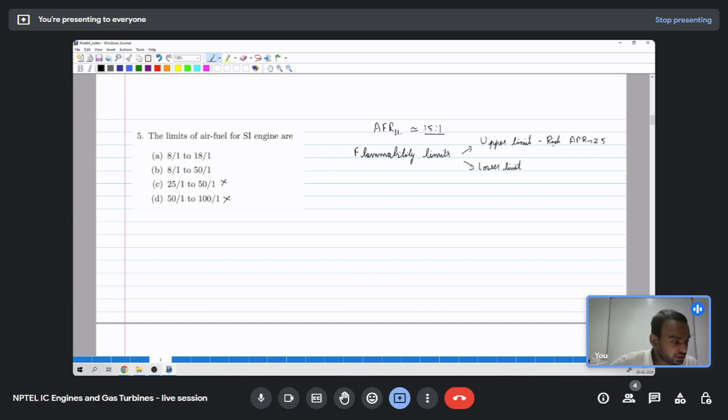Otherwise, for a particular fuel, if the upper limit is 25, and if there is a fuel mixture of say 27:1, then it is too high for the fuel to take part in combustion, so it will not happen. Similarly, there is a lower limit, the lean limit. Assume the air fuel ratio is 15, and we have a lean limit of say 8:1, and then if you have fuel which is